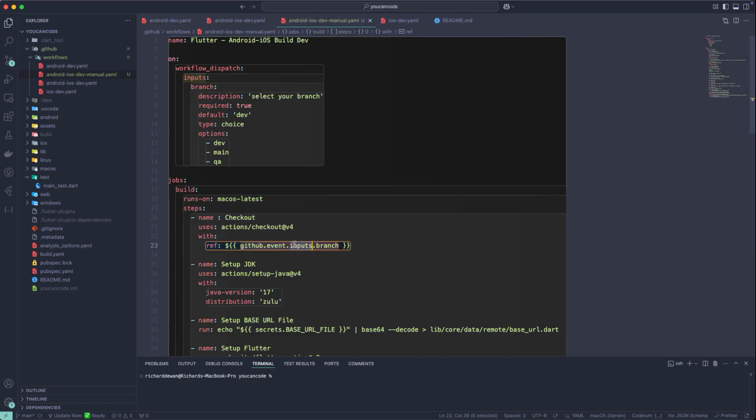events, and then the inputs. So this is the workflow inputs over here, the event that we have, inputs, and then the input named branch. So this is the input name that we have provided. If you provide a different one, make sure you get the correct one over here. Now that is going to give us the correct input that we provide from here,